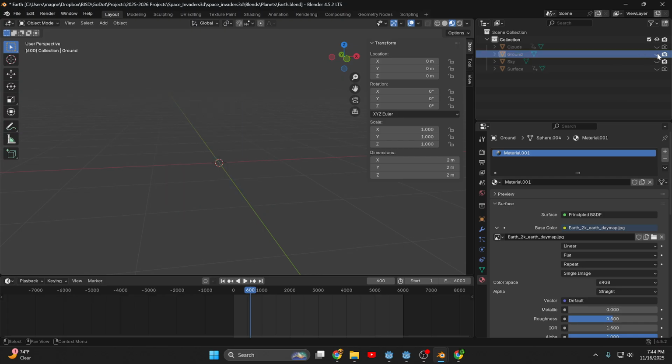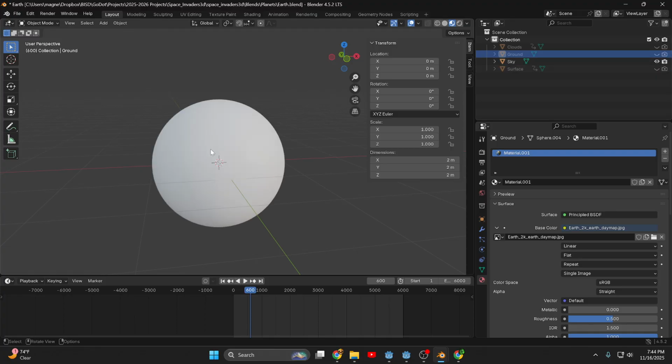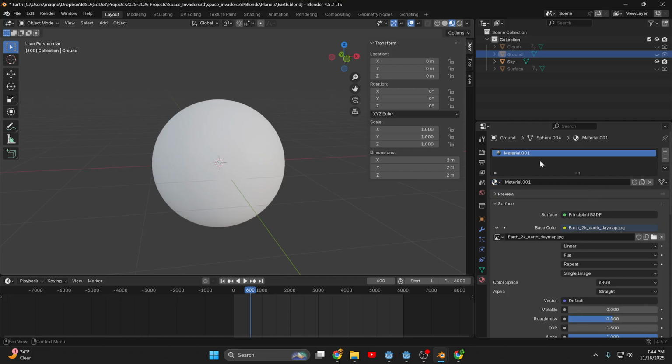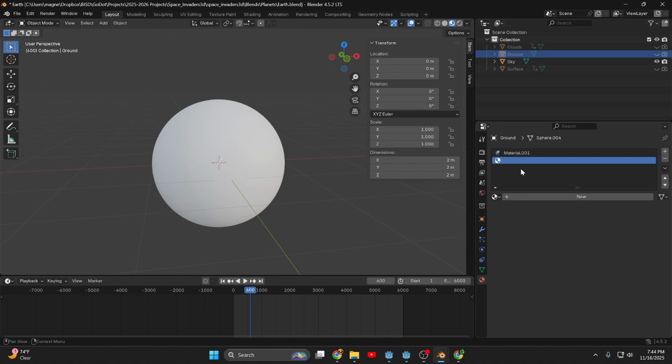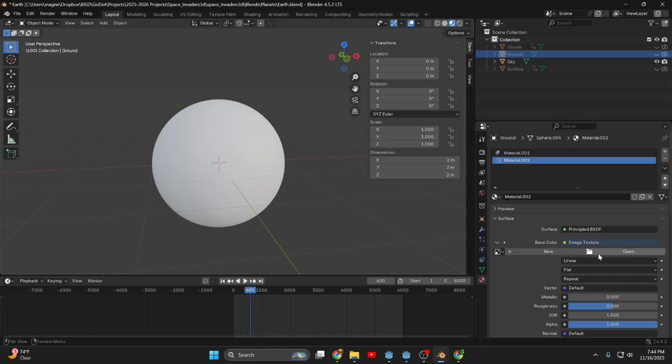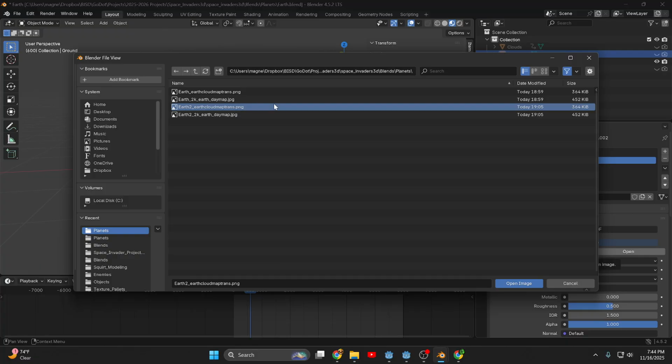Now I'm going to hide this one. And I'll show the sky. And I'm going to basically repeat the process. I'll come over here to material. I need a new material, so maybe I have to hit this one. Add material slot. Yep, there we go. I'll click on this and I'll say new. I'll click on base color, and that's another image texture I'm going to use. And this time I'm going to open, and I want to use that transparent cloud right there. So I'll hit open,